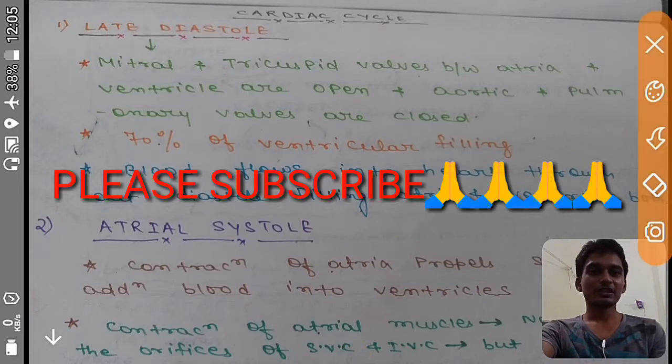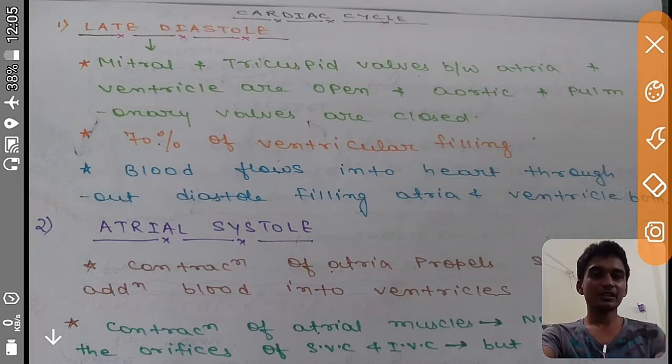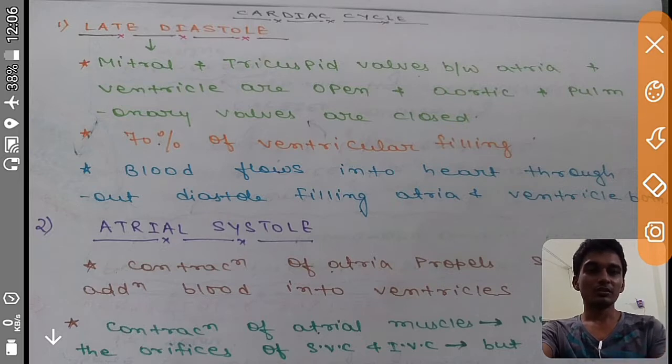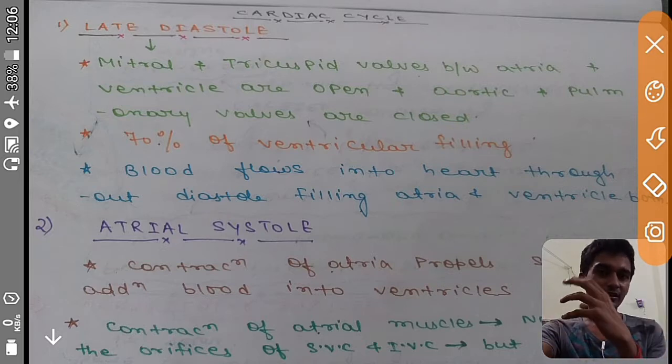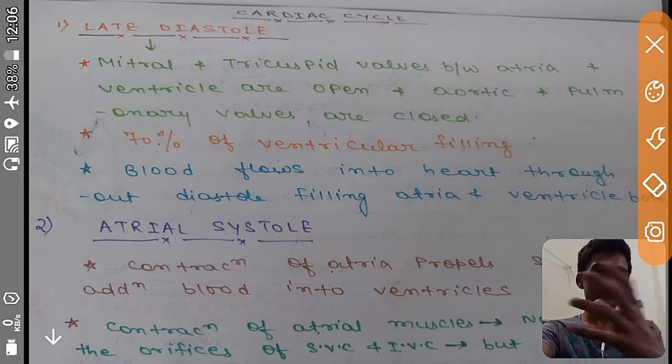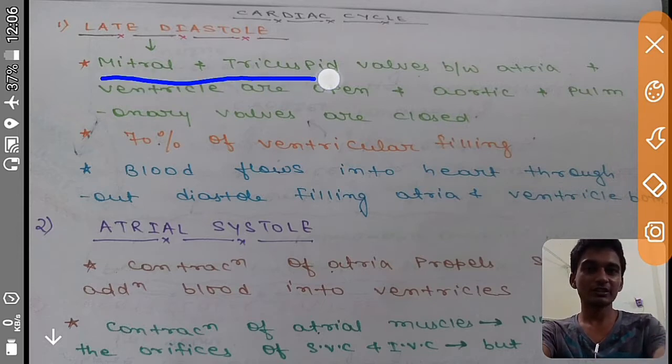So starting with late diastole, and here diastole means ventricular diastole, late ventricular diastole. In this, the ventricle is just relaxing. Once the ventricle is relaxed, the blood will come from atrium to ventricle. So the mitral and tricuspid valves, which connect the atria and ventricle, must be open so that blood can come from atrium to ventricle. I have written here that the mitral and tricuspid valves between atria and ventricle are open, but